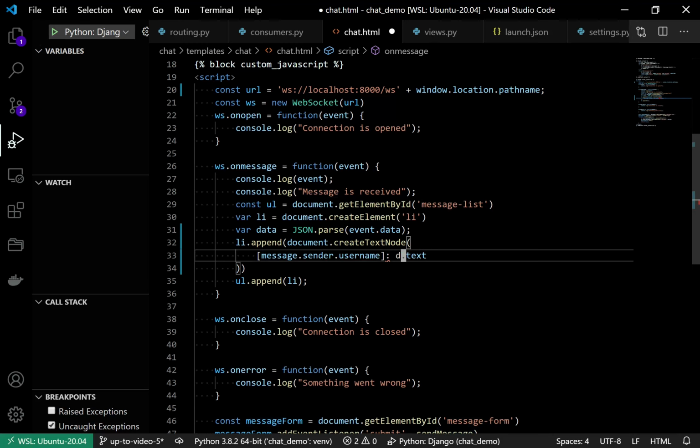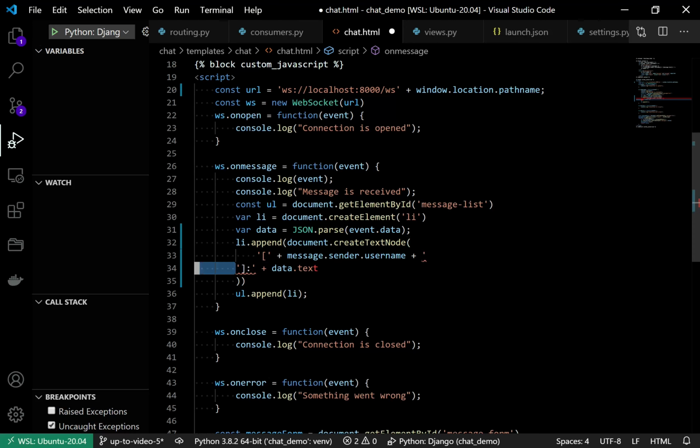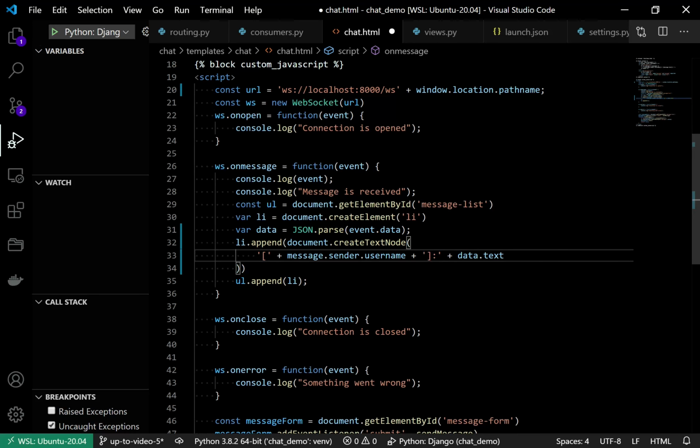Here, instead of message, data.text, like this. And the username also should be a variable, so we use this plus, and instead of sender.message, data.username.